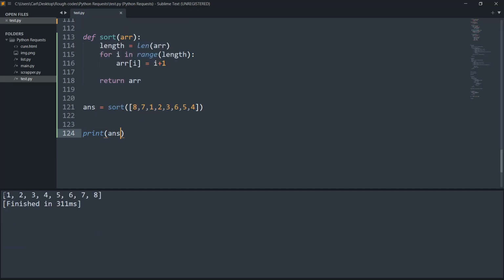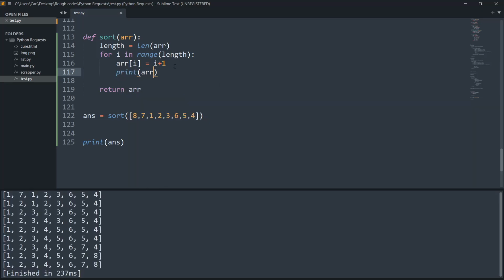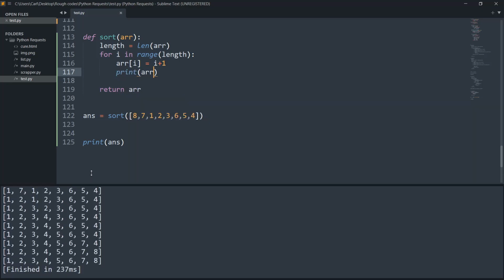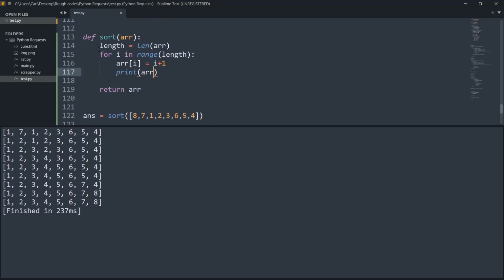So as you can see, we have got a sorted array. Okay, and if you still don't understand what is going on in this code, let's check each and every step of what happens in this code. So what we'll do is we'll simply keep printing the array at every position. Let me just open the output window, and now you see what we did is we first found the length of the array, and then we kept on iterating over the range of the length. So we said array[i].